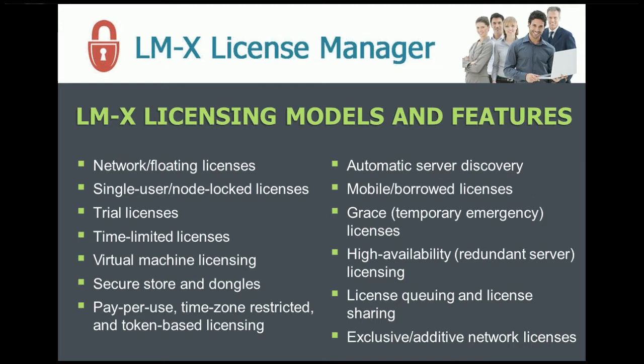More interesting for a lot of our customers is the network licenses. So the single user licenses are great if you're shipping software, for instance, either to individual users or to a small set of users, and they don't want to have a hassle of having a license server. Now, as I said, LMX consists of several components, one being a client library, and the second component being a license server. The idea about the license server is that your users are hosting a license server inside the company in order to be able to get a license which is shared across several team